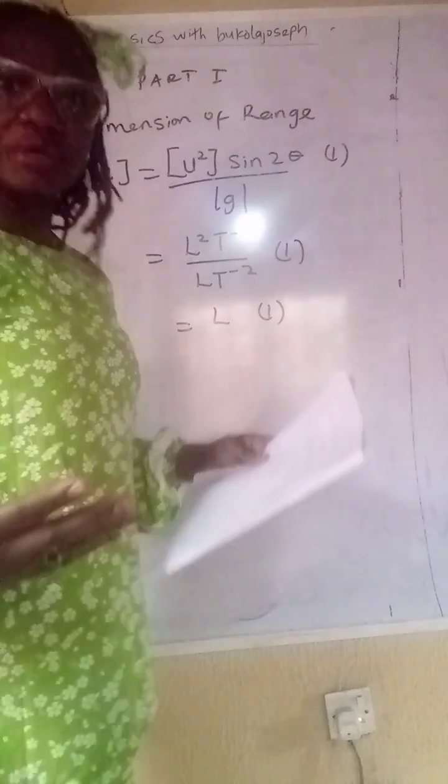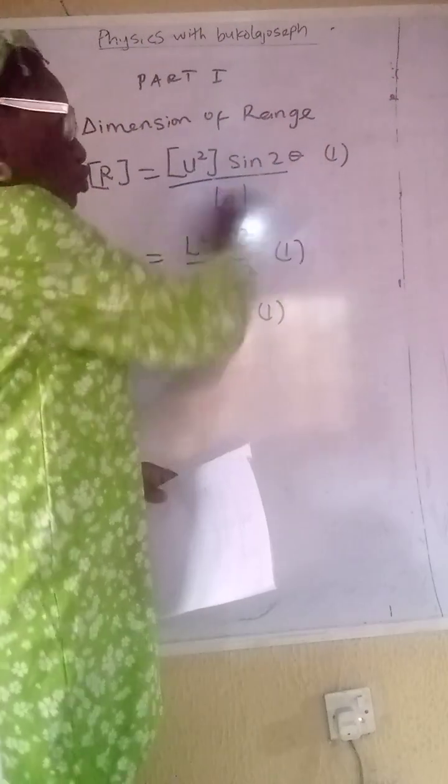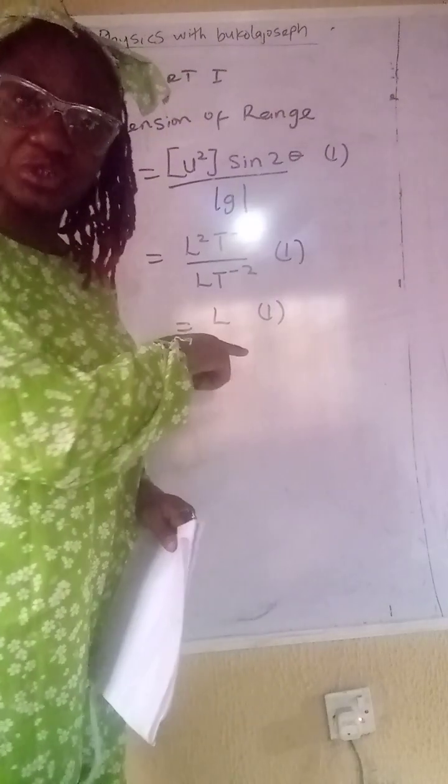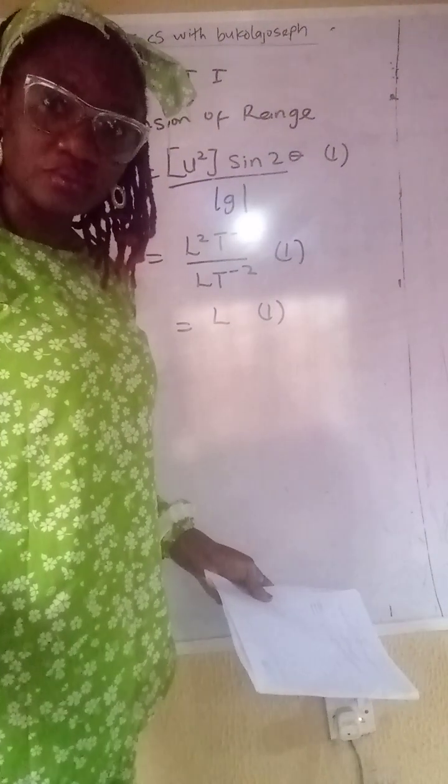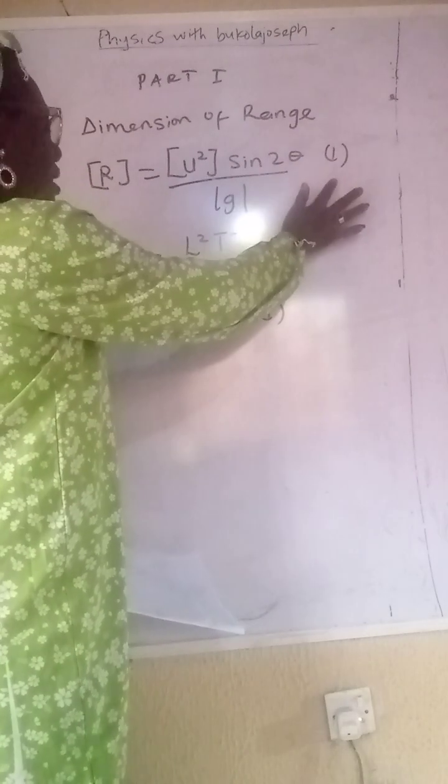Some students will be so much in a hurry that they won't copy this. You just start solving straight without copying the question. You have lost 1 mark. So copying the question, you earn 1 mark, and then this next one earns you another mark. Of course, this part is not going to give you anything.